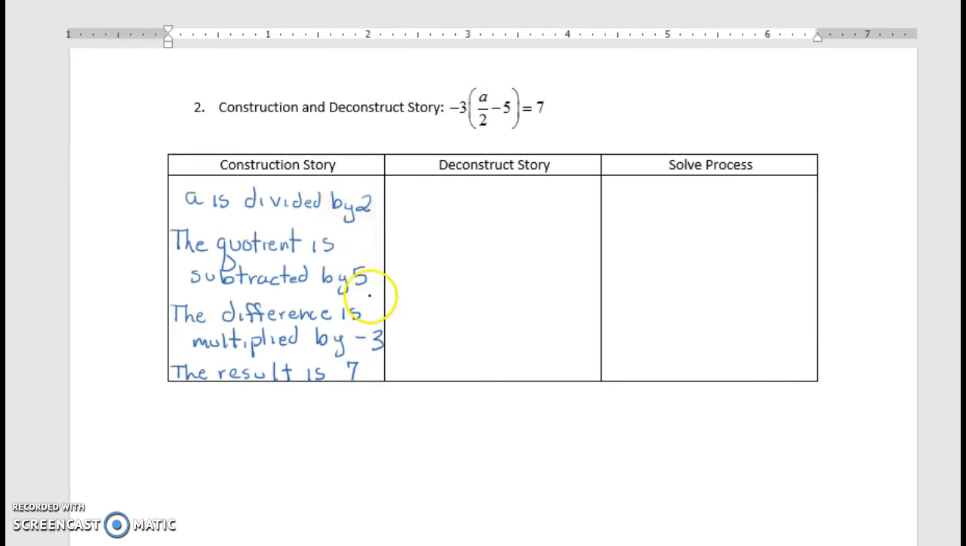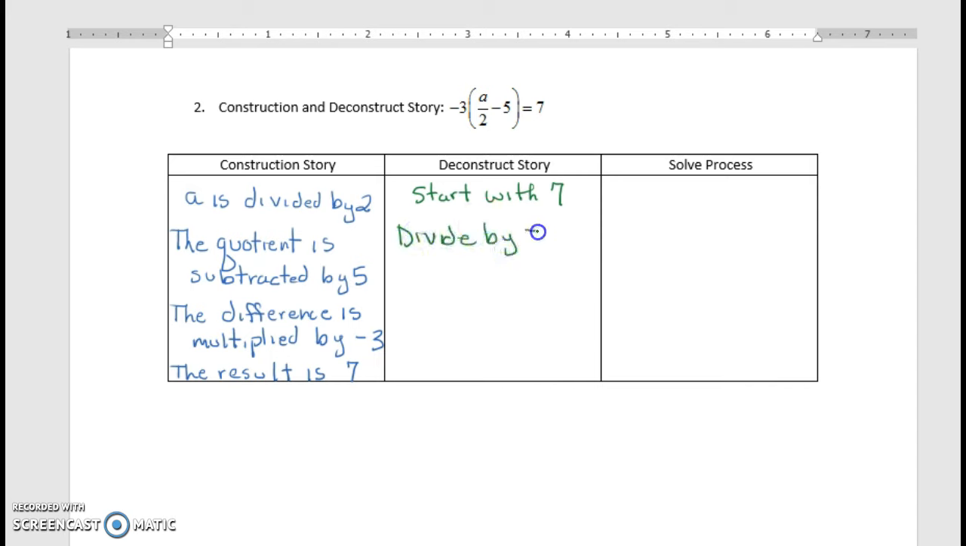So in our deconstruct story, again, we're going to deconstruct it by going upward. This was our construction, so we're going to deconstruct by going, start with the result. So we're going to start with 7. So the value of this equation is 7. And then the difference is multiplied by -3. So instead of the multiplication, we need to deconstruct multiplication. So we're going to divide